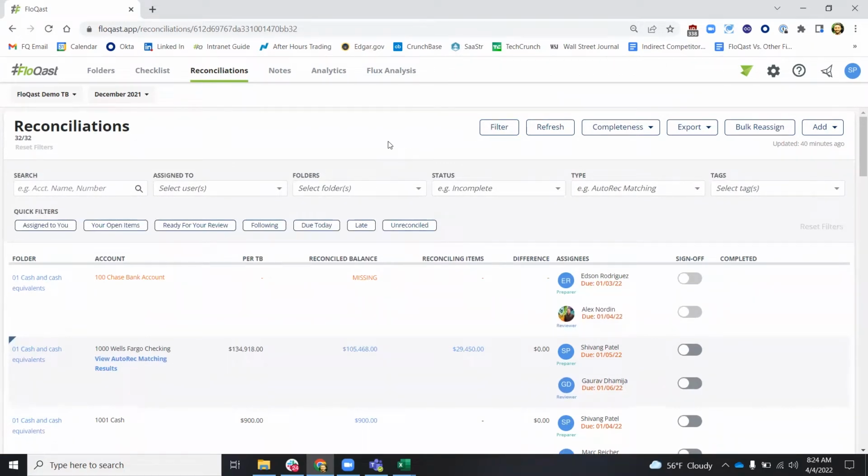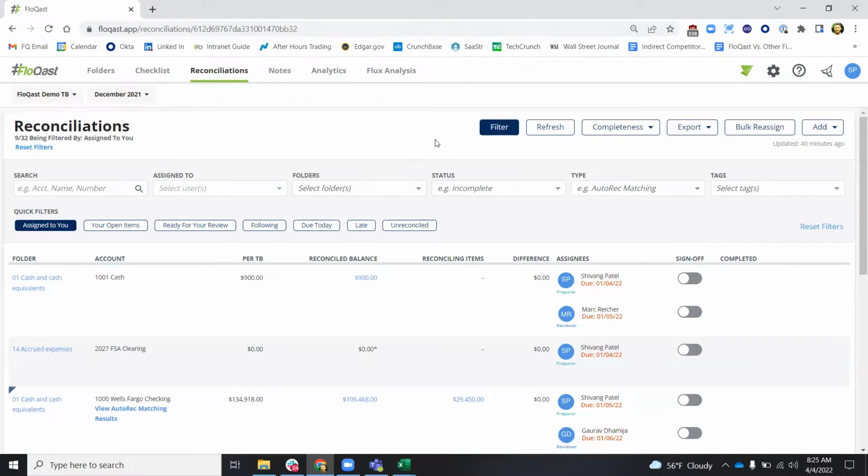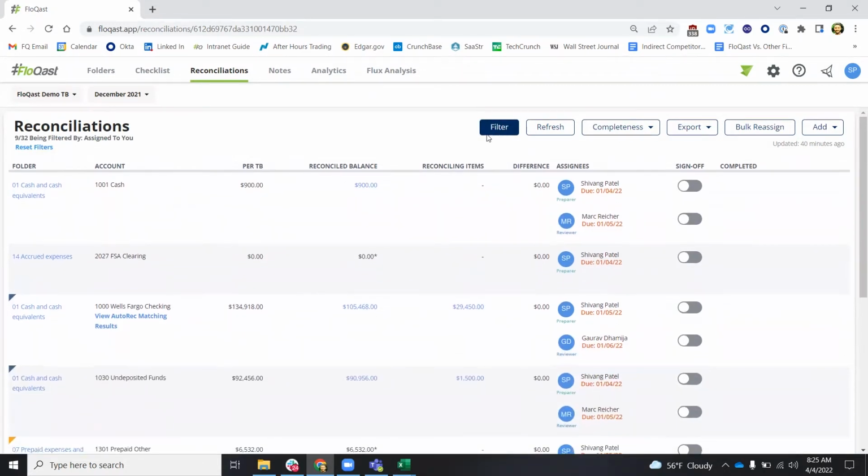you're most interested in. Maybe there are the ones that you only want to see based on their risk or based on their status. If there are items ready for your review, leverage the filters, which are sticky. So if you log out and come back in, you'll always have the view that's catered and designed for you. Now, in this particular example, I'll go ahead and pull up the reconciliations that are assigned to me. And this gives me a general idea of how I can manage my workload on